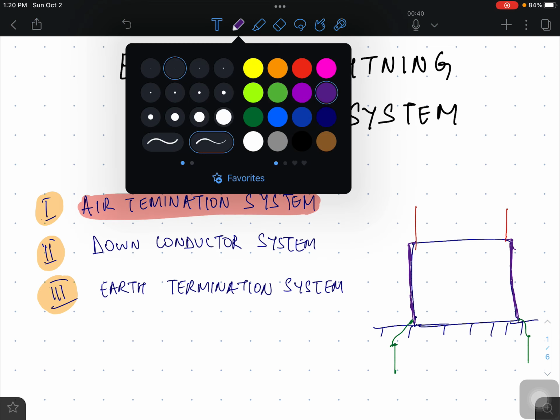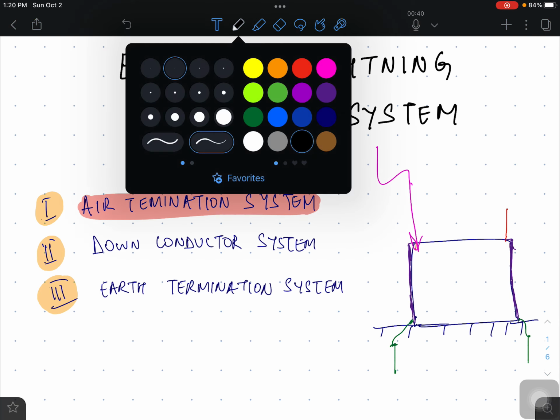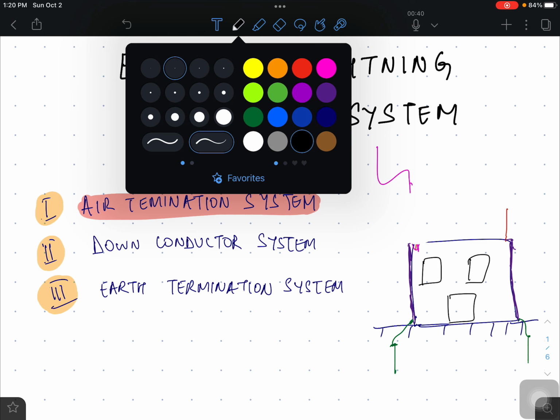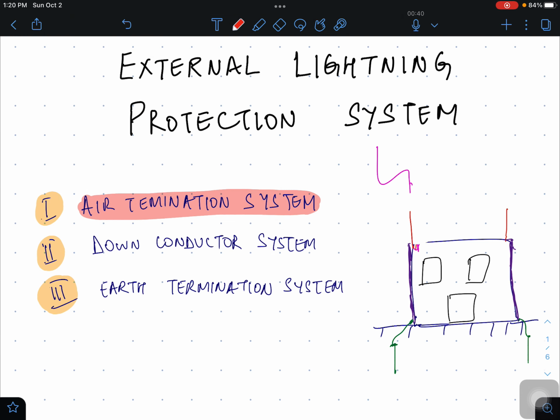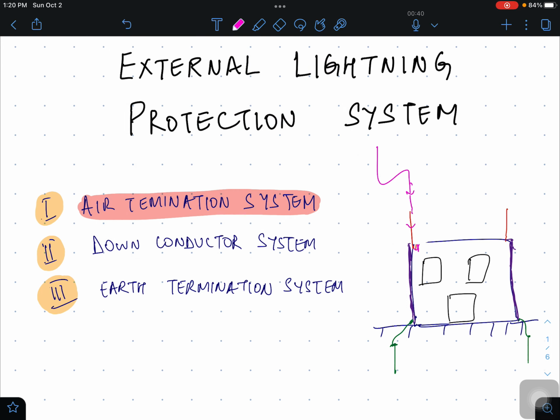What does it do? Let us suppose there is a lightning strike. If this air termination system was not there, this lightning strike would happen directly on the structure and it can destroy your structure. Within this structure, there can be some equipment which is very important for you, and it can get damaged. To avoid any damage, I am explaining in simple words here, we provide this structure on the top, which is air termination, and it will take the lightning strike, it will absorb it, and then this lightning will go through these down conductors and follow this path,